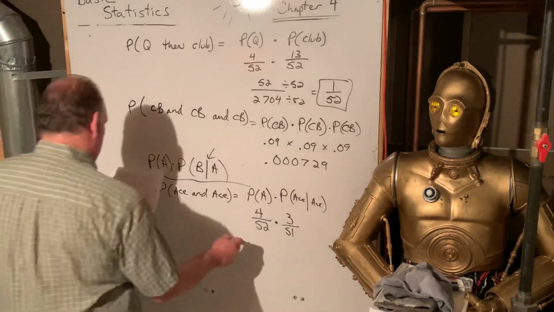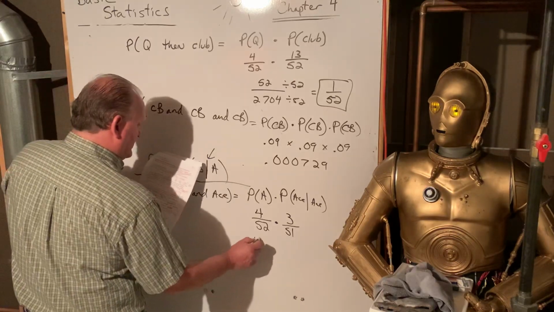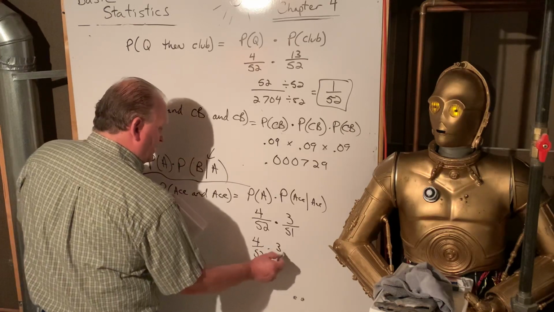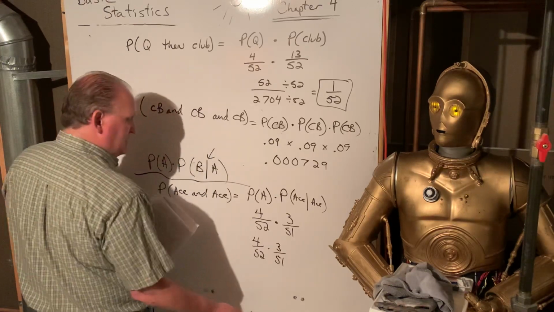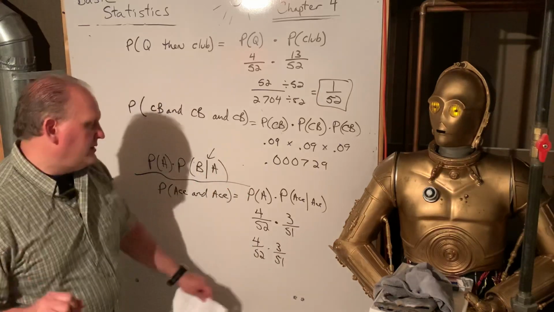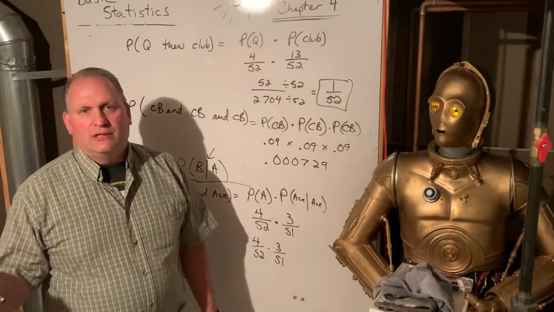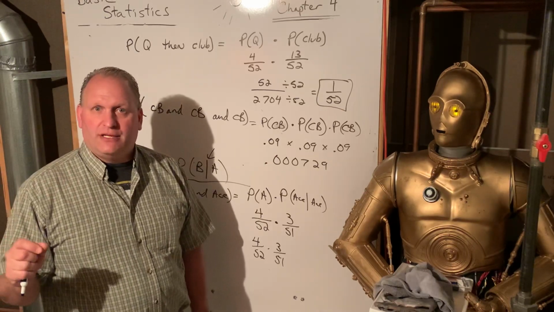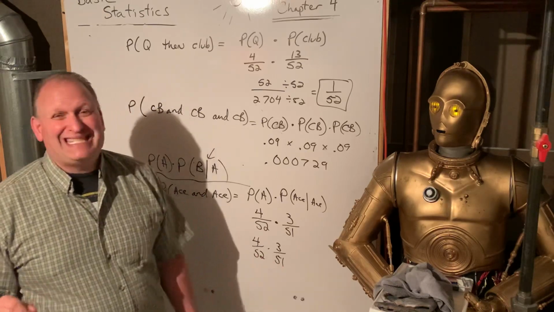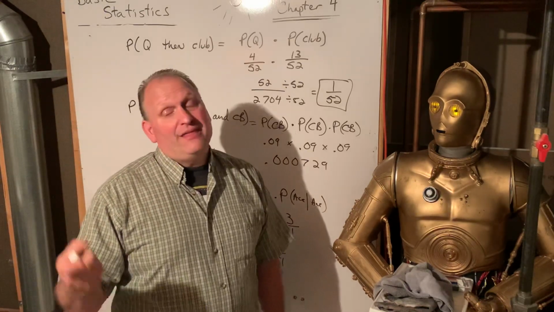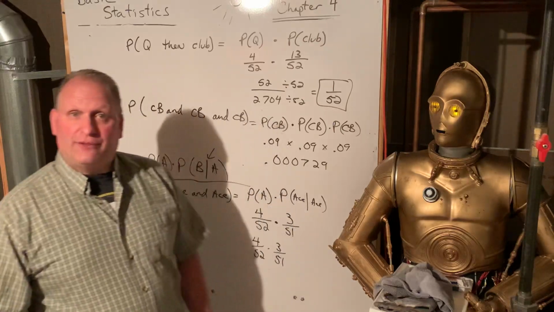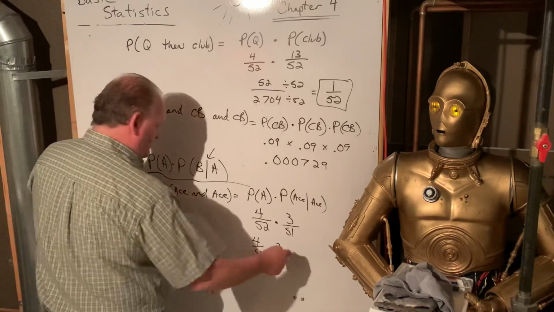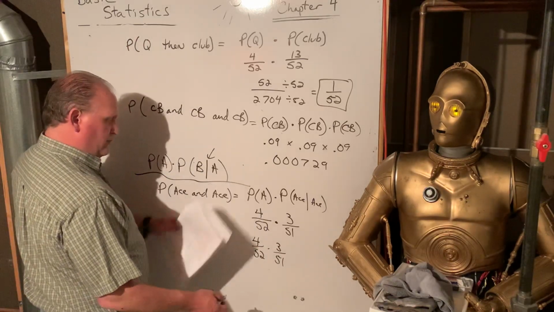All right, so let's figure this out. This, again, not a very likely occurrence. You multiply straight across. You could reduce this. 51 is actually divisible by 3. Oh, that's a little trick I should tell you. Look, if you add up the digits of any number and you get a number that's divisible by 3, the original number is divisible by 3. True story. So look, 5 plus 1 is 6. 6 is divisible by 3. Therefore, 51 is divisible by 3. So that's actually 3 times 17. All right, but we'll just multiply straight across and then reduce.